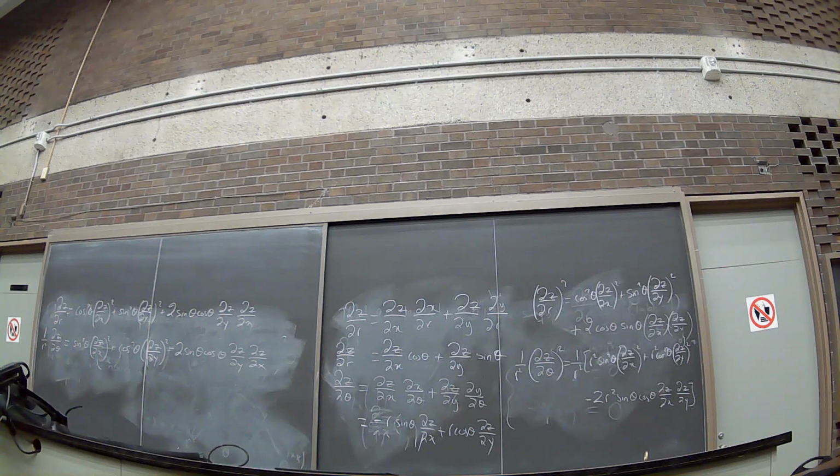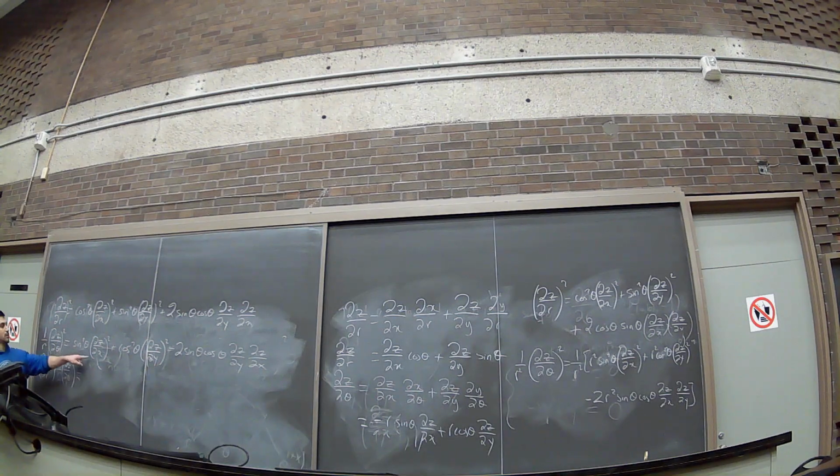Let's add them up. Oh, this is squared here, sorry. Squared, right? Let's add them up. Del z del r squared plus 1 over r squared del z del theta squared is